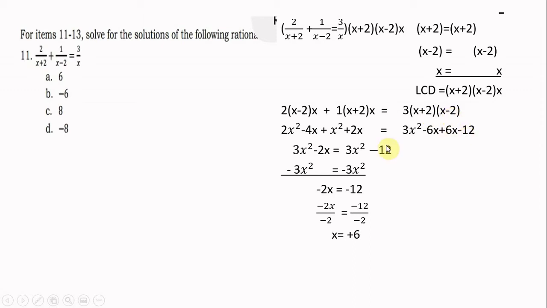So combine similar terms. These two terms are similar: 2x squared plus x squared, that's 3x squared. And negative 4x and 2x, combine these two similar terms, that's negative 2x, is equal to 3x squared. Negative 6x plus 6x cancel out, minus 12. Okay, now